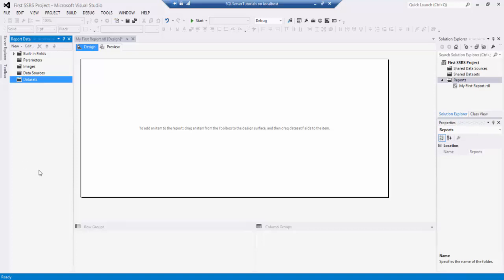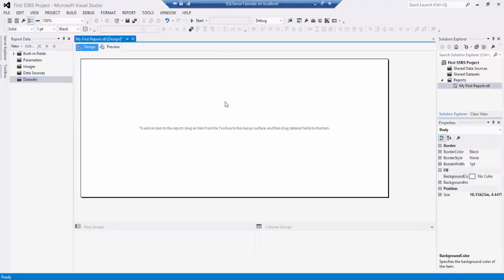You might also see on the screen from time to time this connection, because I'm using a virtual machine on my laptop when recording this. But going back to our report,